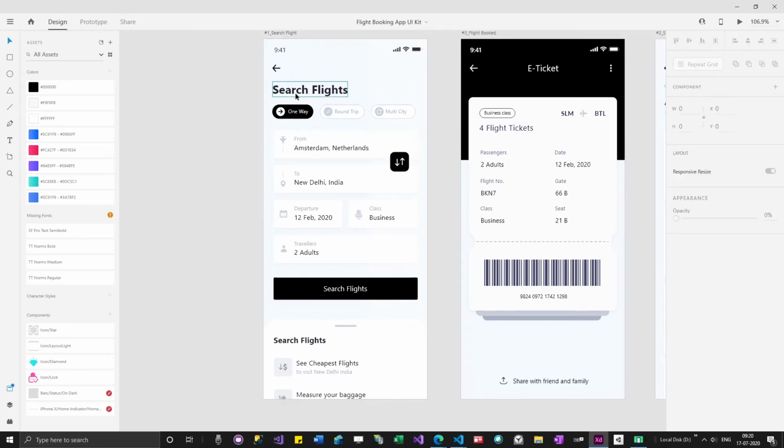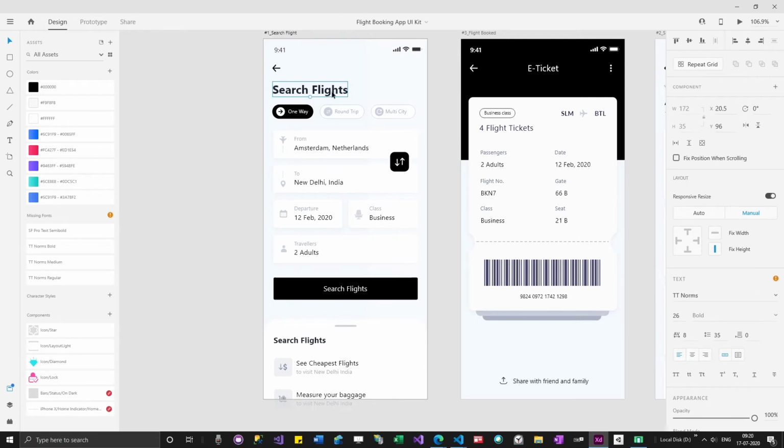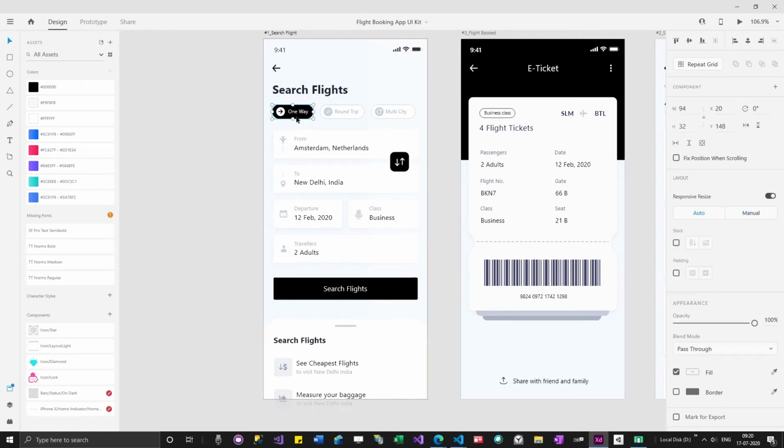we will think about how to do this in Flutter, and then we'll do it. For example, if you take this search flights, this is a text widget. If you take this one, looks like there is a container that has a text widget. It looks like a container which has a row and then a container with some icon and another widget with text.